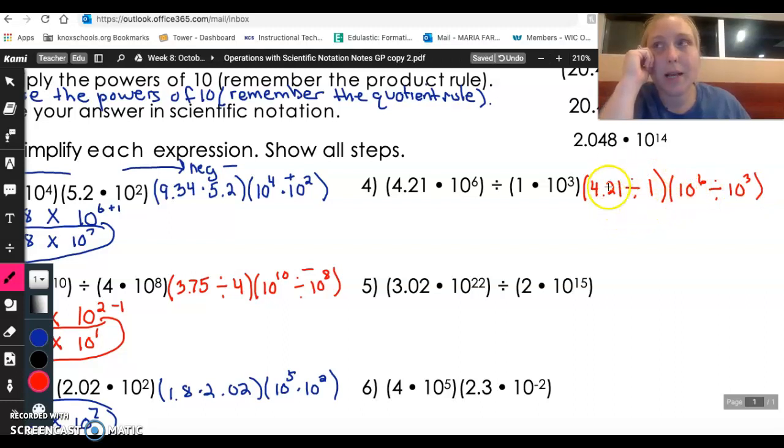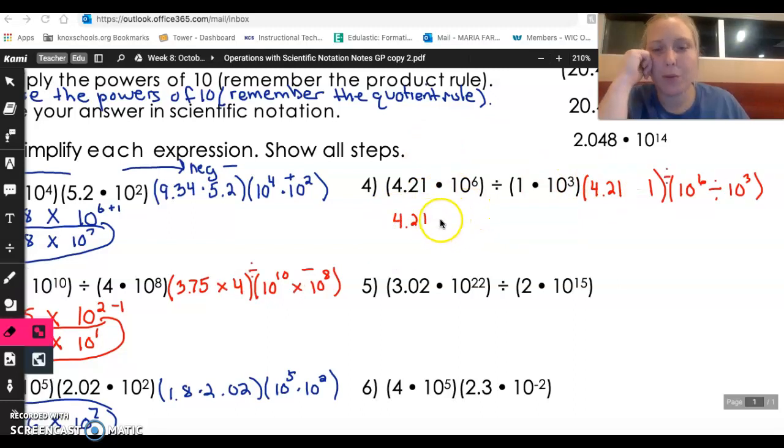The next step is to take care of my constants here. 4.21 divided by 1 is just going to be the same number. It's still going to be 4.21. And all we have left to do is just to take care of our powers. So for our powers,